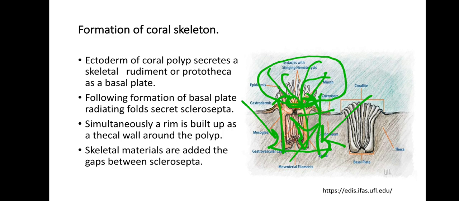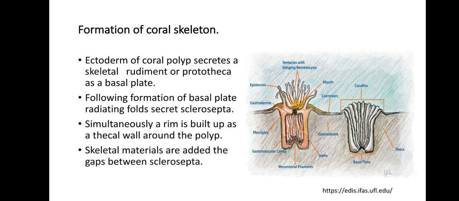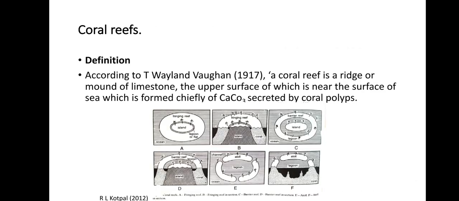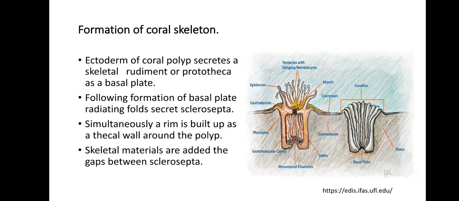For a number of years the animal is going to live like this with its corallite, and when it dies, when it is destroyed for any reason, only the skeleton will be left, because it is formed of calcium carbonate. So when we say corals, all those corals that are used for ornament purposes are formed of these calcium carbonate rudiments of the coelenterata.